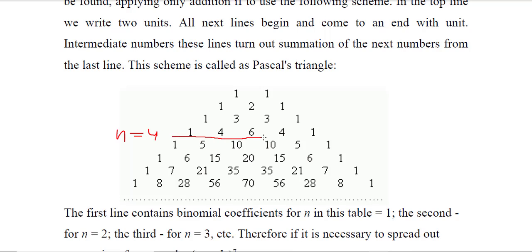So it is (a plus b) to the 4th power. And the next one, for 5, it is 1, 1 plus 4 gives us 5, 4 plus 6 is equal to 10, and 6 plus 4 is equal to 10 again, and 4 plus 1 is equal to 5. And so on. So we can see here, for n is 8, we can write, using Pascal's triangle, the